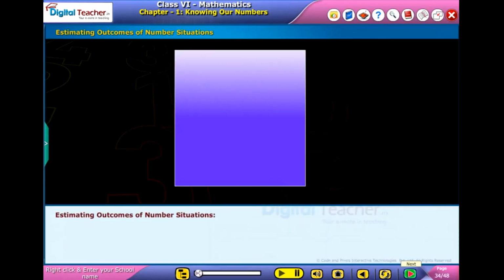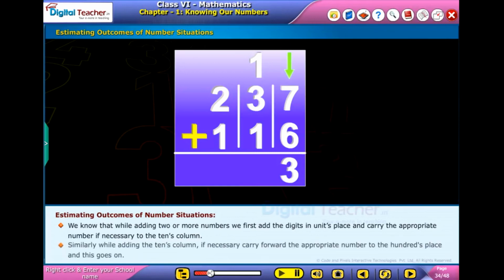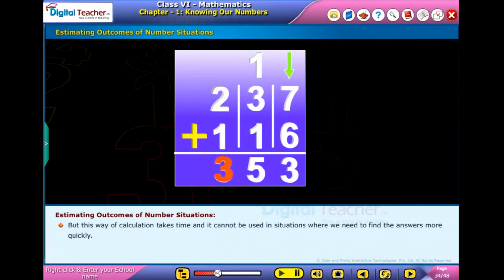Let us estimate the outcomes of situations based on numbers. We know that while adding two or more numbers, we first add the digits in units place and carry the appropriate number, if necessary, to the tens column. Similarly, while adding the tens column, if necessary, carry forward the appropriate number to the hundreds place, and this goes on. But this way of calculation takes time and it cannot be used in situations where we need to find